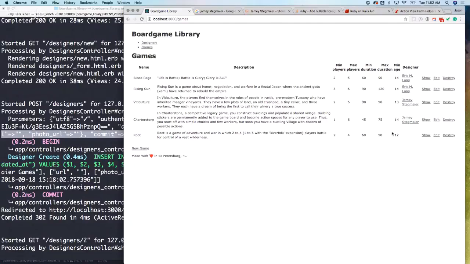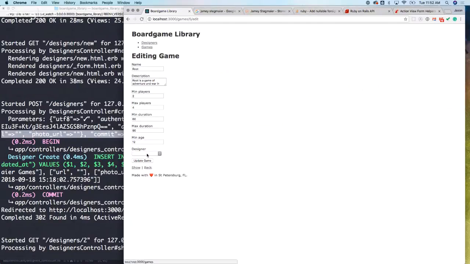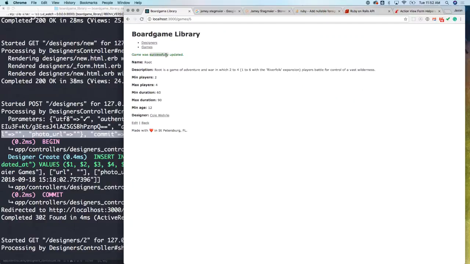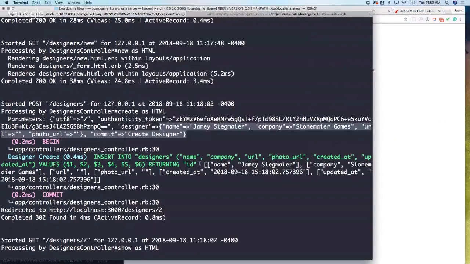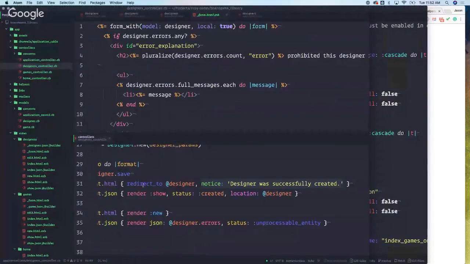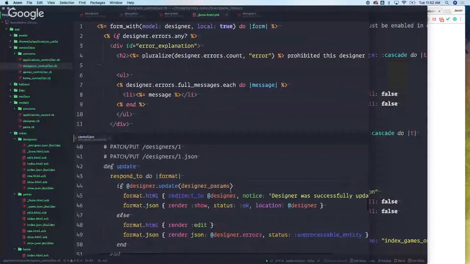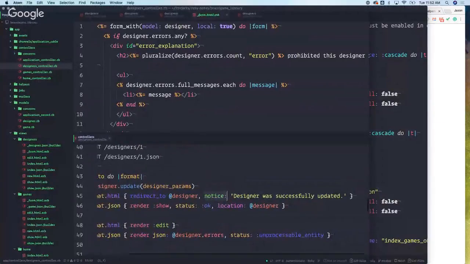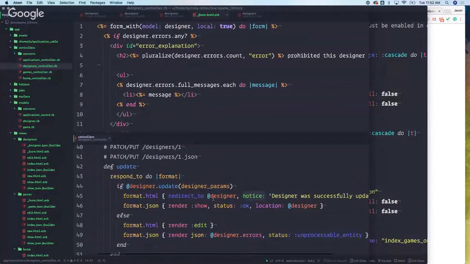Oh shoot, you didn't see it, but we'll see it here when I do this. So I'm going to edit root, I'm going to pick Cole, update him. See that right there? Game was successfully updated. That came from update, notice, designer was successfully updated. That little notice, when you do a redirect and then you redirect to something and you say the notice there,